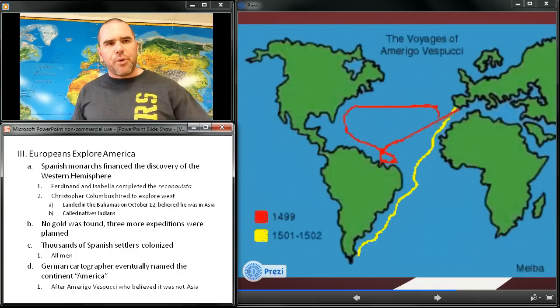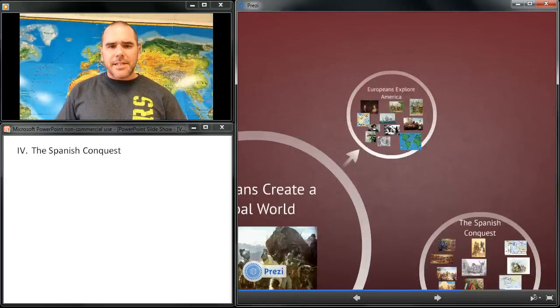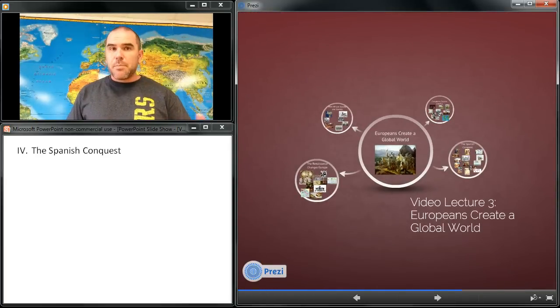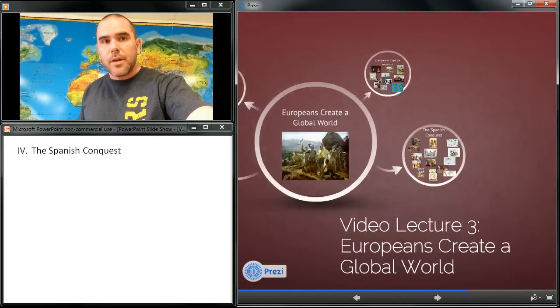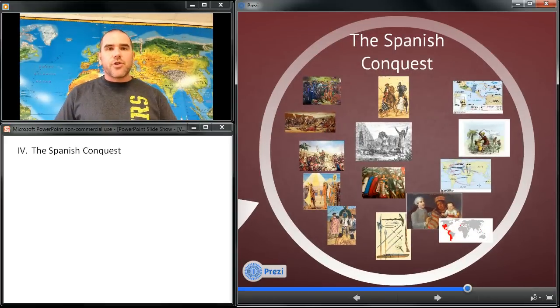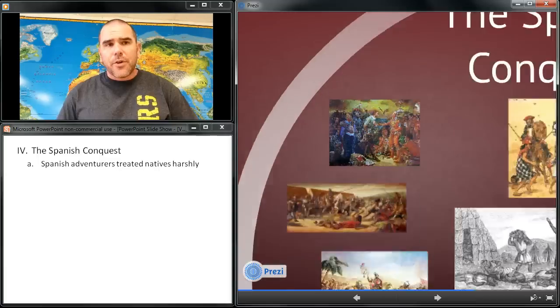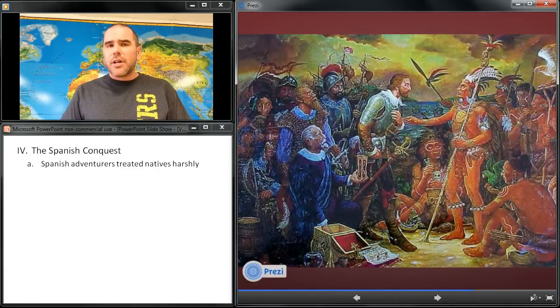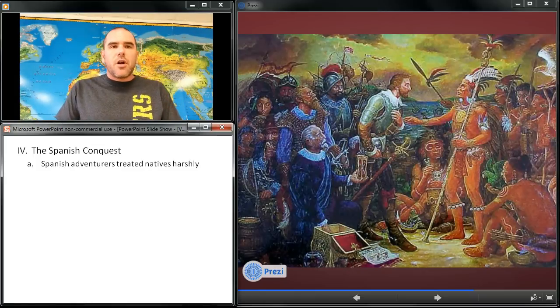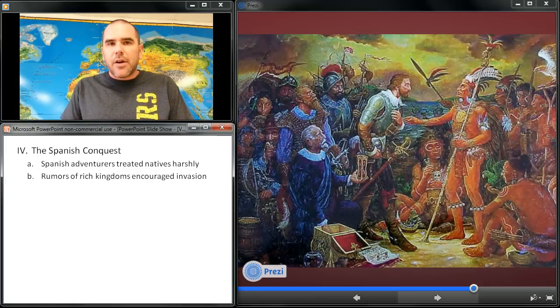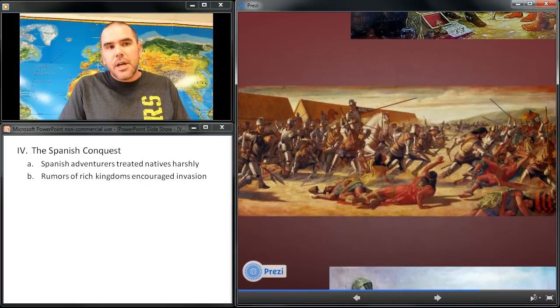So this brings us to the very next section, our last section, which is the Spanish conquest of these lands. Now, Spanish adventurers ruled the people of the Indies with an iron hand. After subduing the Arawaks and the Tainos on Hispaniola, the Spanish probed the mainland for gold and slaves. Rumors of rich Indian kingdoms in the interior encouraged other Spaniards, including hardened veterans of the Reconquista, to launch an